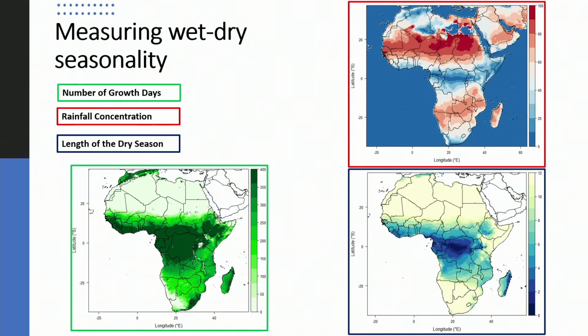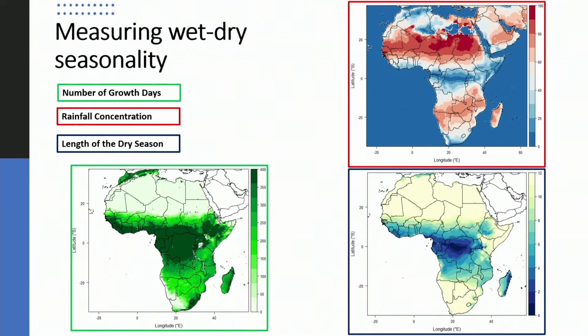And then there's also an index which we also developed, which is the number of growth days, which looks at the number of potential days when a plant can grow, which takes into account the soil type and the soil moisture as well. So you can see that most of the aseasonal parts are the lighter colors in these particular maps, except for this one where it's red, and the seasonal parts are the blue parts.